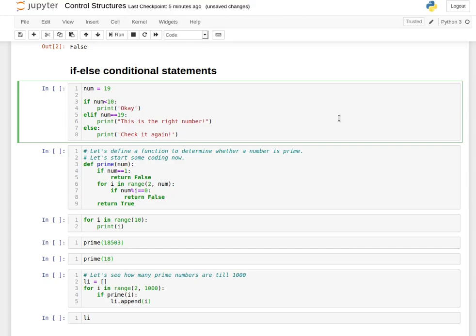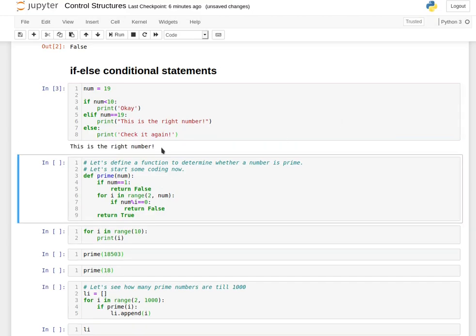Ahead of that we use the else condition: if every condition in this if elif statement is false, it'll move ahead to the else statement. And then again we use a colon. We don't specify a condition in the else statement, just use a colon, use the indentation and write down the specific statement you have to execute.